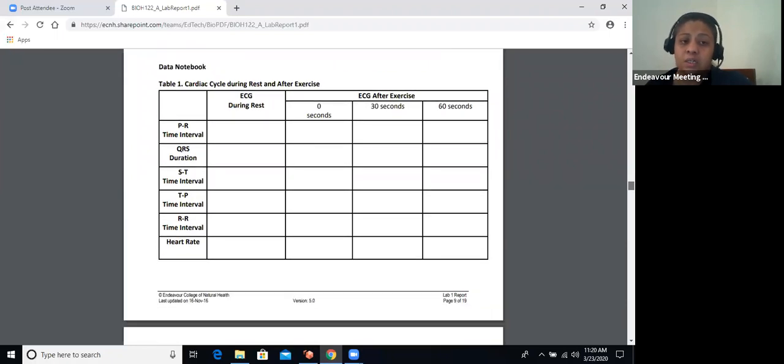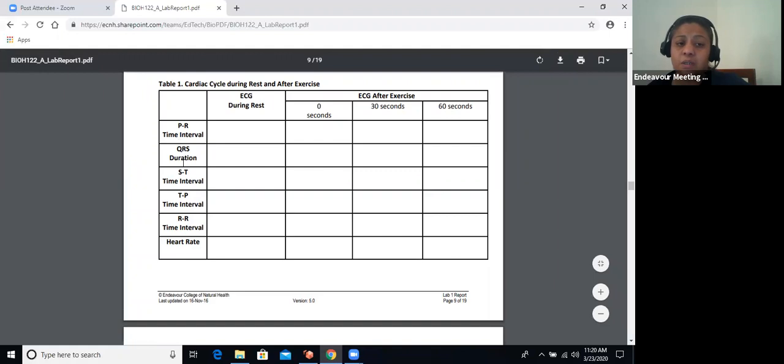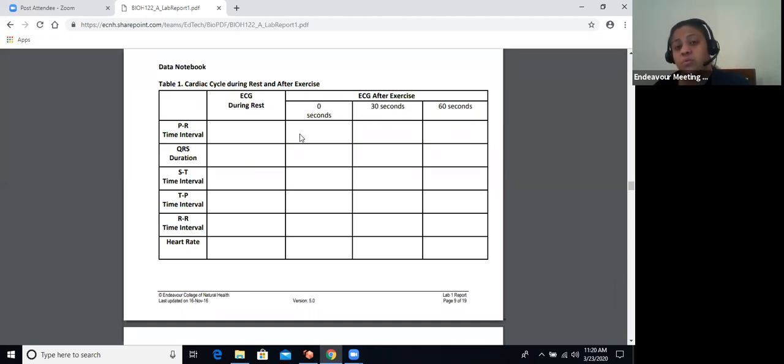You can see the data table, which has a PR interval, the QRS duration, ST segment intervals, TP intervals, RR intervals, and the heart rate. We start at the resting phase, then we start immediately after exercise. So we ask the person to do an exercise for about 2 minutes or 5 minutes, depending on their physical